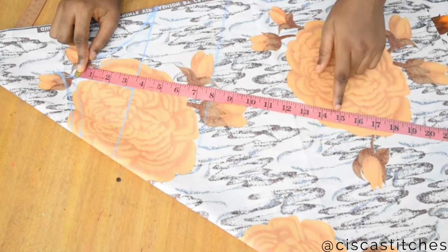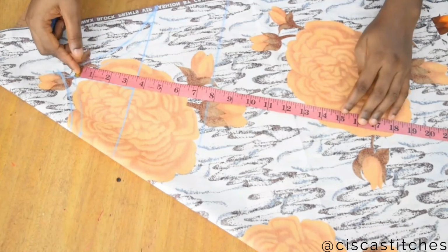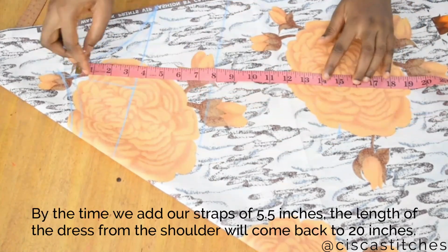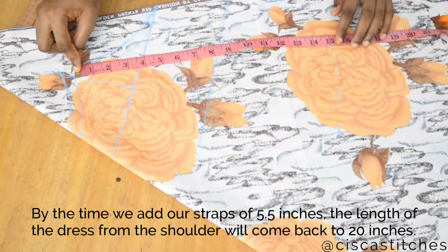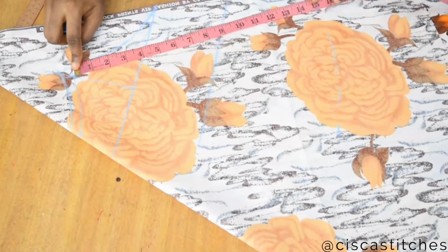Then I'll add half an inch seam allowance to that, making that 15 inches. Do you understand? So that is what I'm going to be marking now. So this edge of the tape will be stationary, and then I'll be moving the bottom and marking 15 inches like so. So I'll be taking my tape rule all around, and I'll go ahead and mark my 15 inches